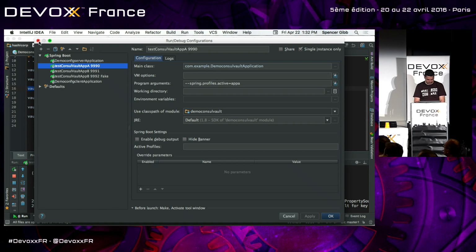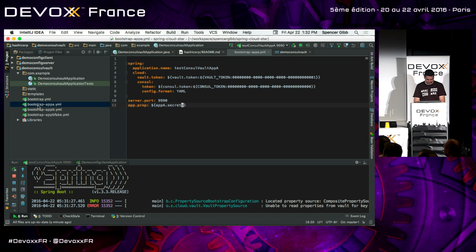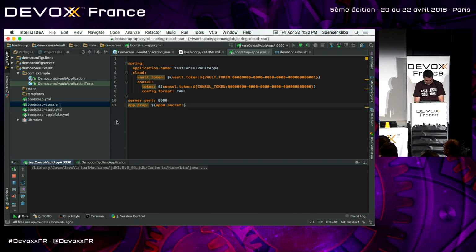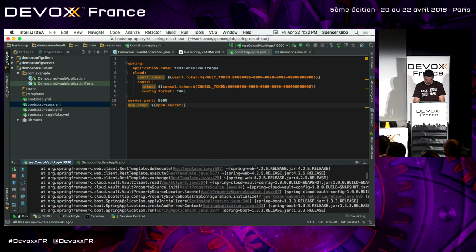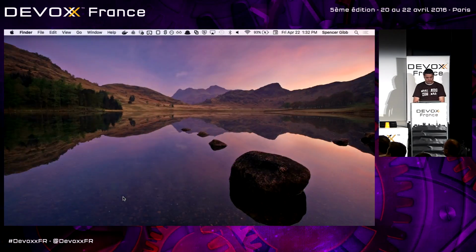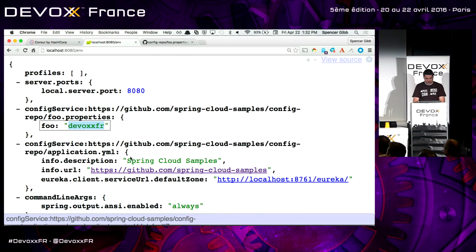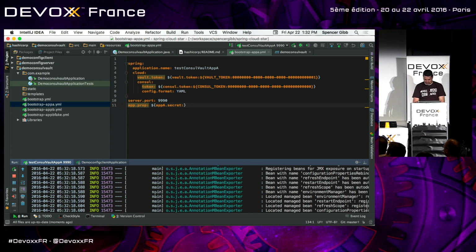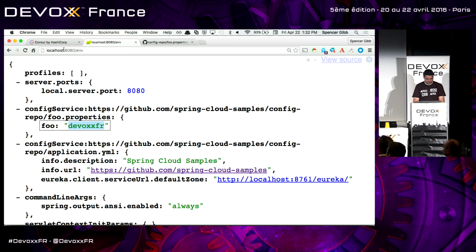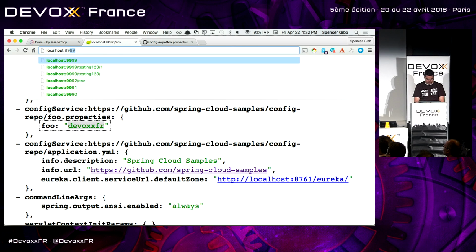App A. Make sure I got the right one. Of course, this is going to go this way. Okay. Well, I was going to show you a cool demo showing Vault's ACLs in action, but it looks like I won't be able to.